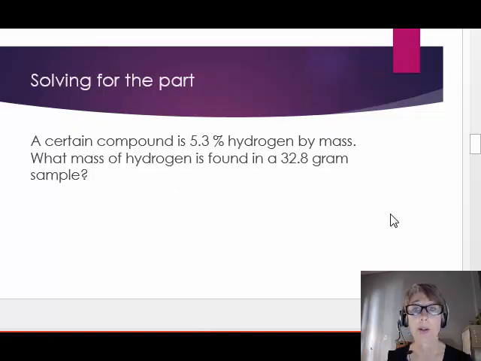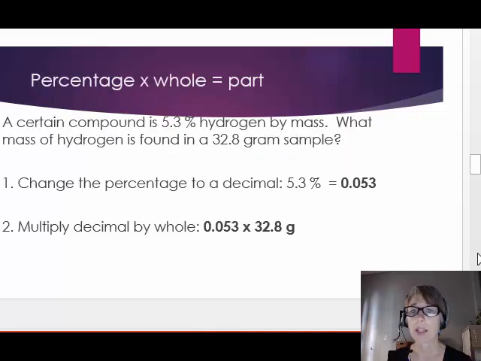You may be required to compute the part if you are given the percentage and value of the whole. For example, a certain compound is 5.3% hydrogen by mass. What mass of hydrogen is found in a 32.8 gram sample? Before we can utilize the percentage mathematically, we have to return it to its decimal or fraction form. It's easiest to turn it into its decimal form since we merely move the decimal point 2 places to the